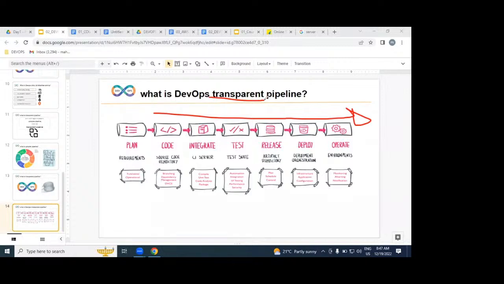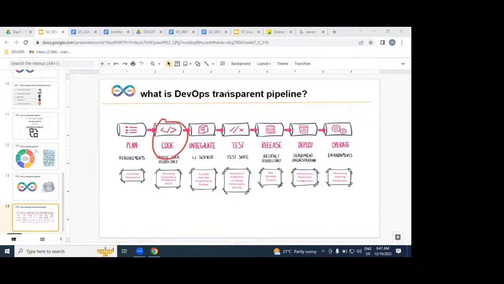To increase speed, to increase quality, to decrease cost. For that purpose only we are implementing our DevOps process from the dev environment to operations. So let us understand this DevOps process stage by stage. What exactly are the roles and responsibilities in each and every stage? Let us understand, guys, please.